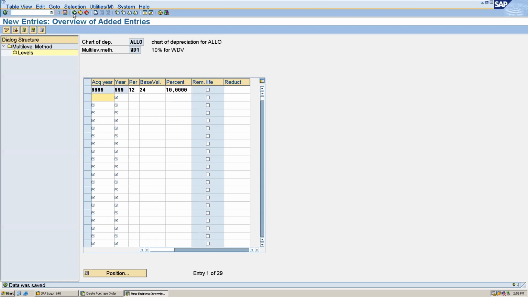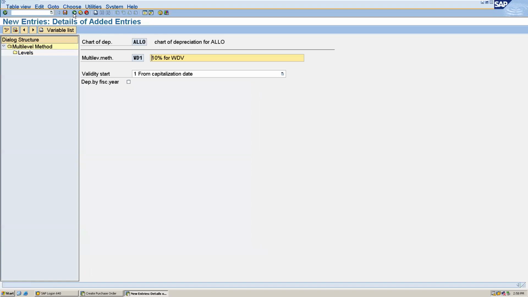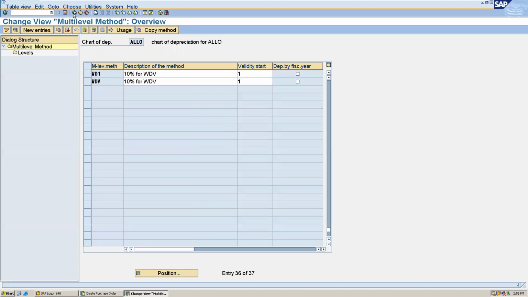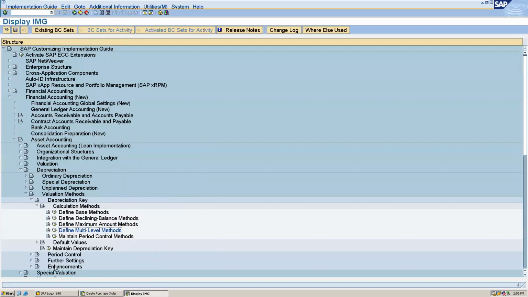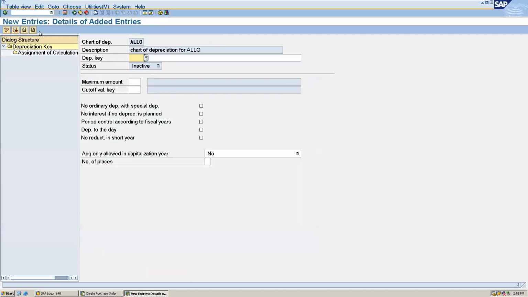Now we have to create the depreciation key. So I will create two depreciation keys, one for straight line method and one for written down. So here you can see maintain depreciation key and give new entries.